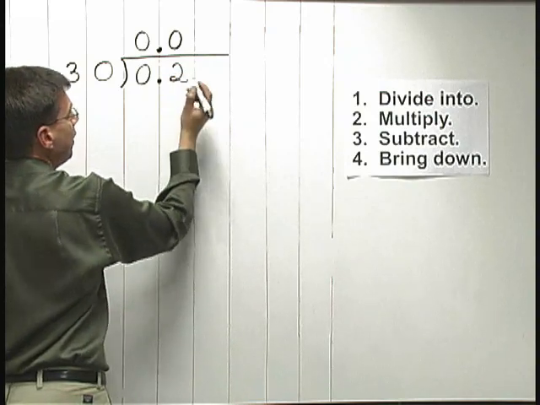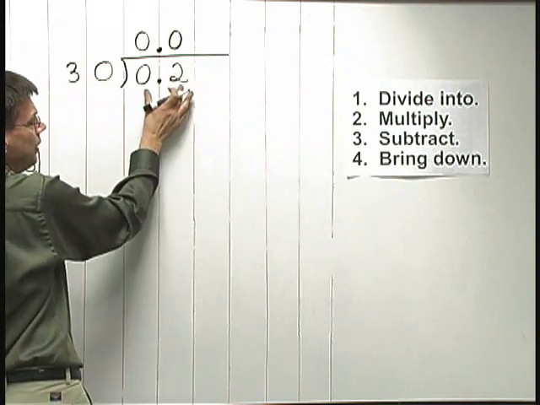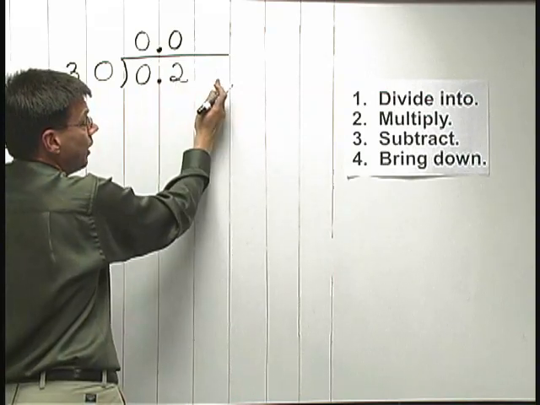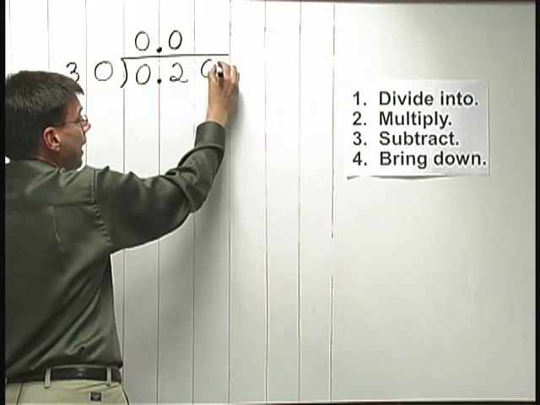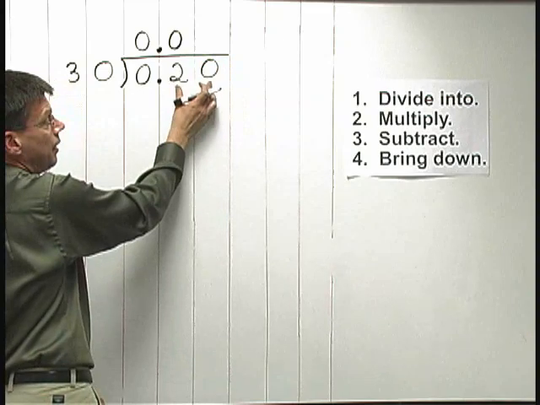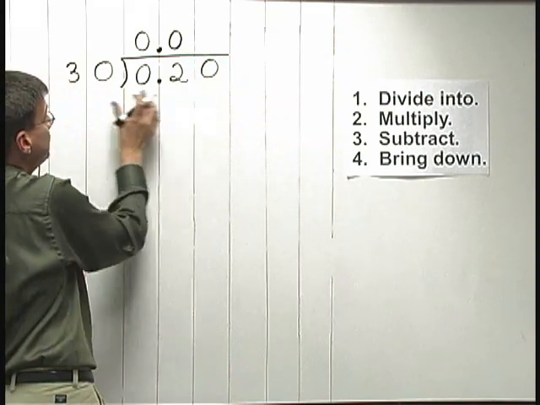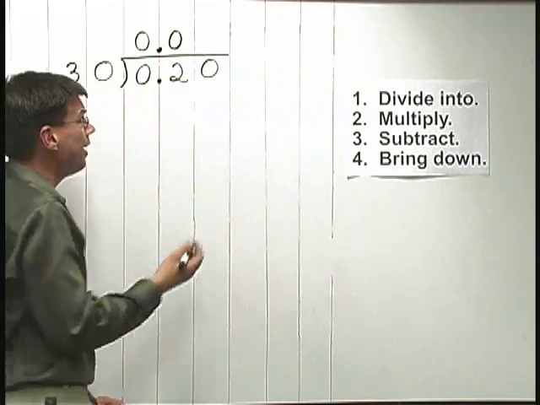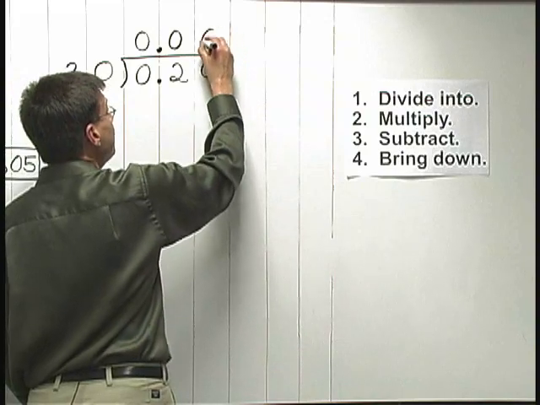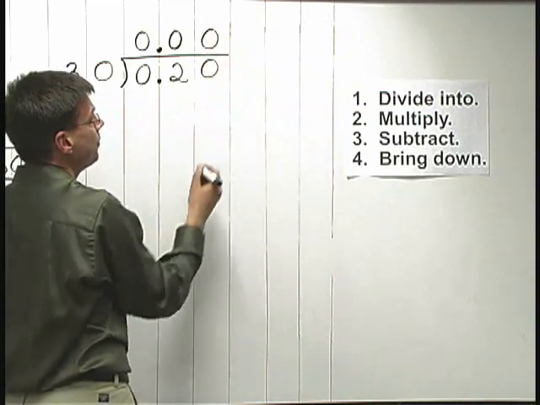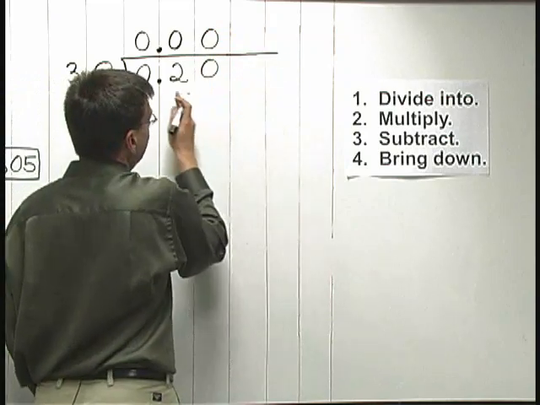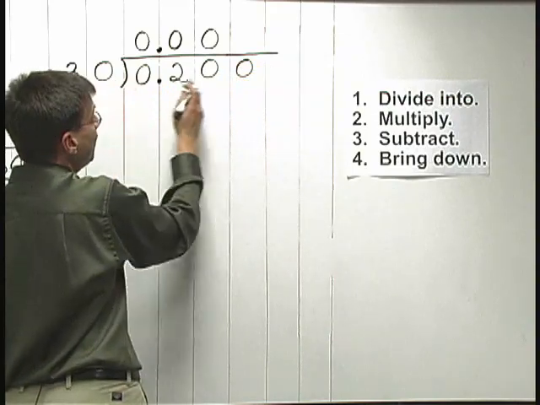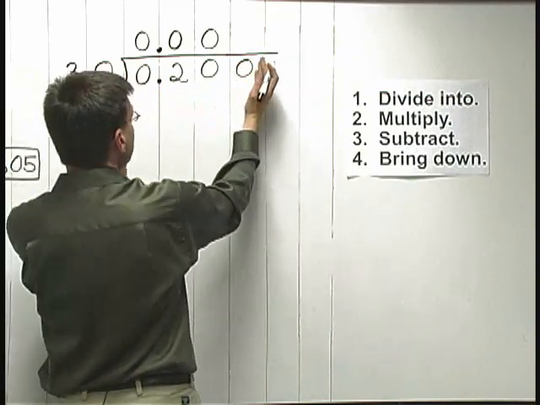Now, I've gotten to 2 here, but I want to continue the long division process. Because I'm to the right of the decimal point inside, I can add a 0 inside and think of this as 20 and ask myself, how many times does 30 go into 20? Well, 30 goes into 20 0 times, doesn't even go once. So here's another one of these required zeros. Am I ever going to get anywhere here? Well, I'm to the right of the decimal point, so I can add another 0 on and ask myself, how many times does 30 go into